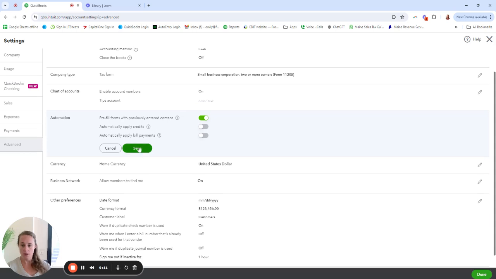Automations. Let's just turn these off. These don't apply since you're not collecting payments. Pre-fill forms with previously entered content. This